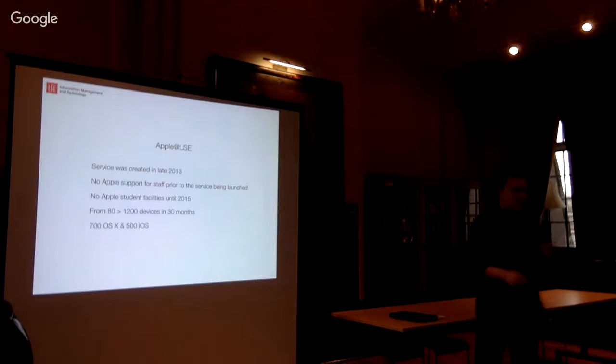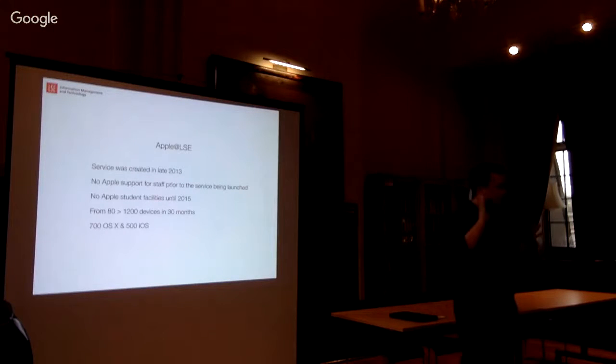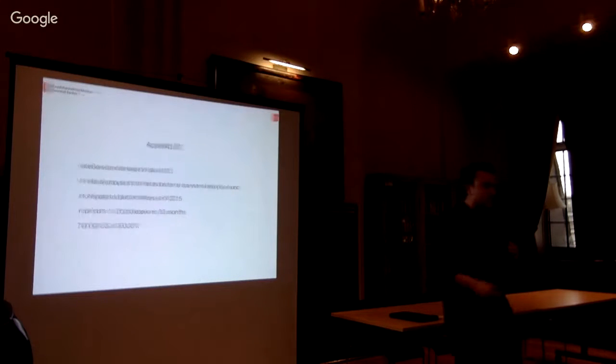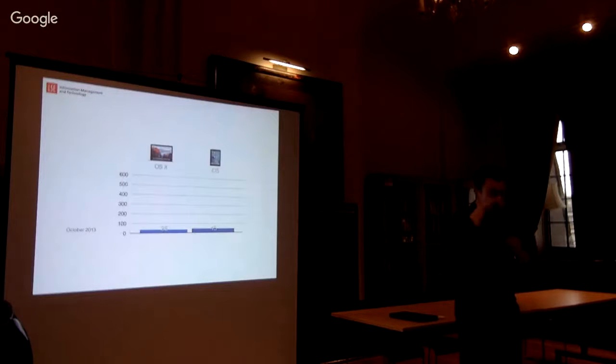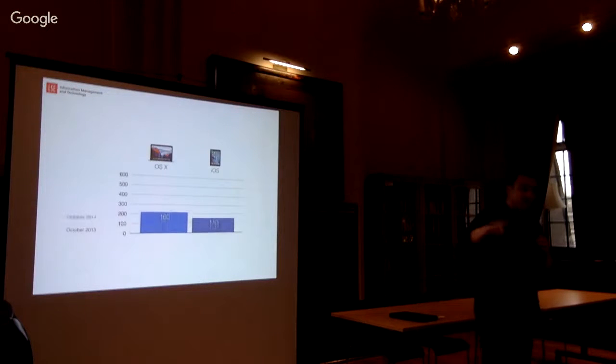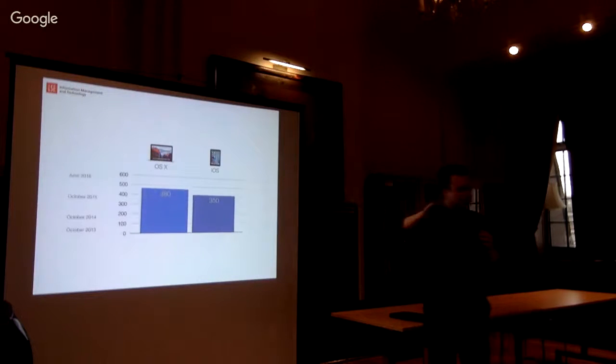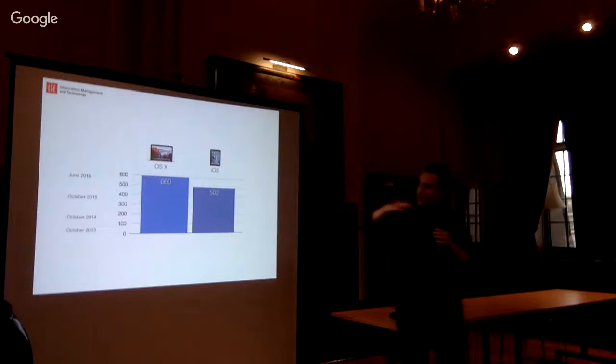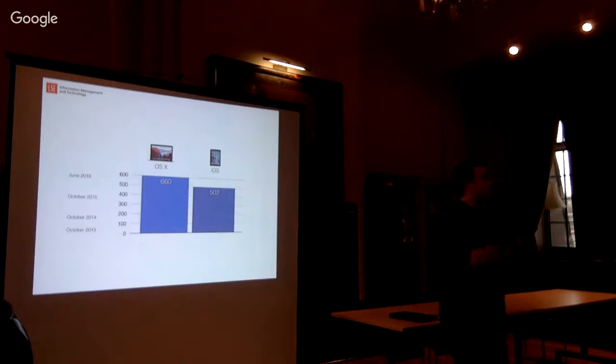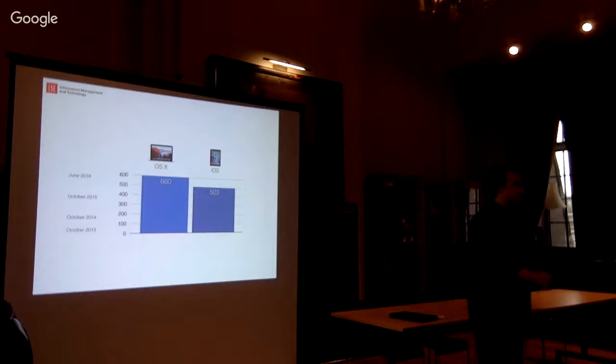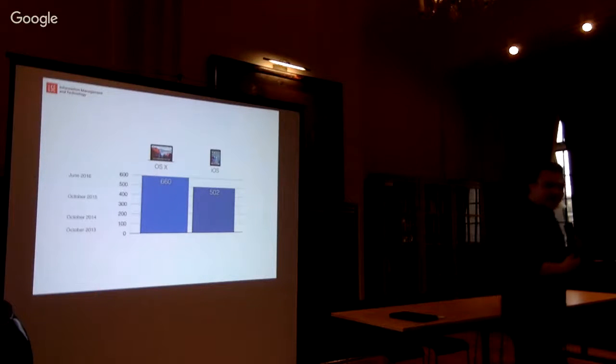So we have 700 OS X and 500 iOS devices. I look at Apple as a platform as a whole, not necessarily distinguishing so much between Mac and iOS in the way that everything runs. This is a brief timeline. I've tried to be as accurate as I can, but it shows that it's been growing evenly. From the minute we announced we have a service, people started buying Macs. It's not that we pushed or did anything in particular or special to increase that service.